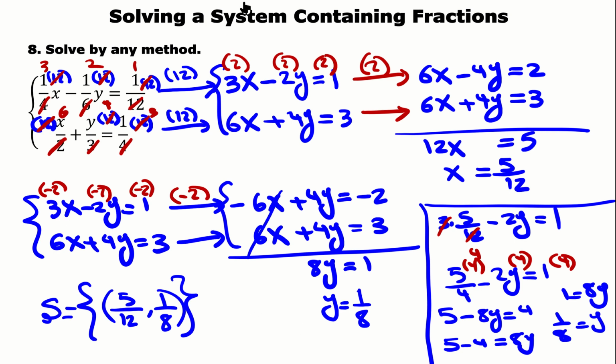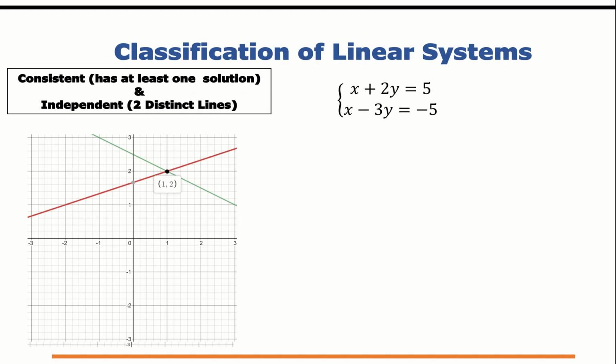Now we'll look at the classification. Make sure you absorb that before you proceed. Okay, finally, we want to talk about the classification of these linear systems. Notice that the most common type that you're going to encounter on your homework are going to be the type where two lines intersect at just one point, such as these two lines here, given by these equations for a